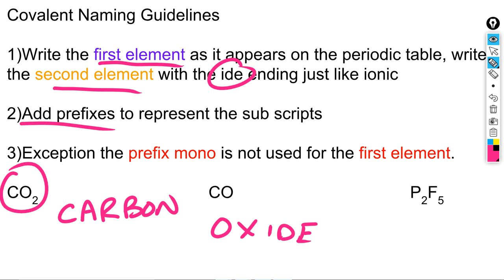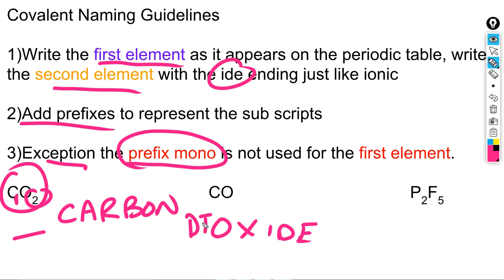And then it says to add prefixes to represent the subscripts. There is an exception. The prefix mono is not used for the first element. So mono is when you have a 1. And so we've got carbon. We don't write the mono in front of carbon. And then our oxide is 2, and the prefix for 2 is di. So this compound would be named carbon dioxide. Remember, we never write mono on the first